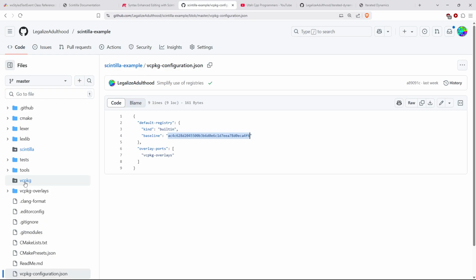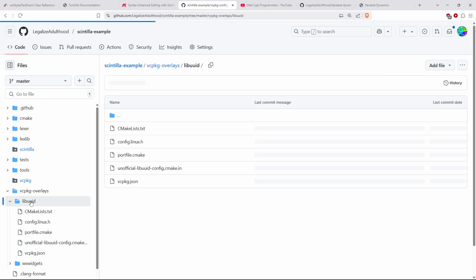That's the main reason I use vcpkg as a submodule, to use a fixed point for the recipes so that the underlying dependencies aren't changing underneath me when I didn't expect it. I'm using the version of the recipes that's associated with the submodule that I have attached to my Git repository. And that submodule is checked out at this hash. So that's the baseline. And by specifying overlay ports, which is just a list of directories relative to this JSON file, this is the simplest way to configure my source tree to contain some alternate recipes for vcpkg